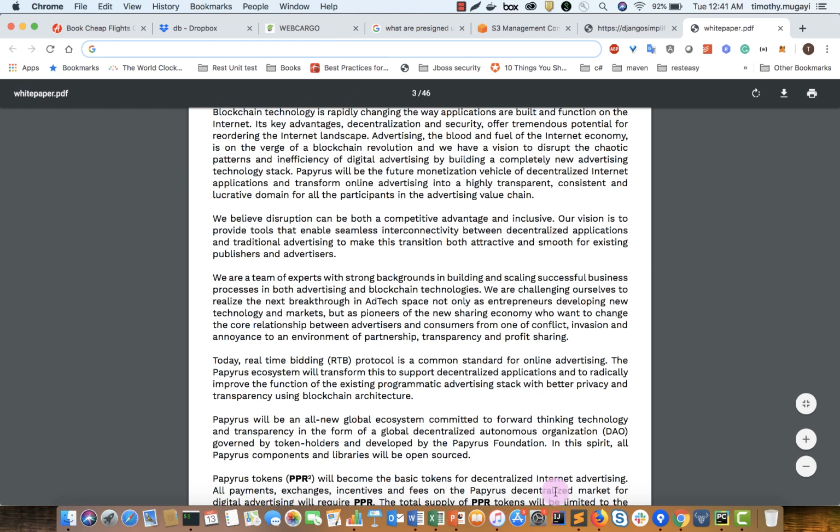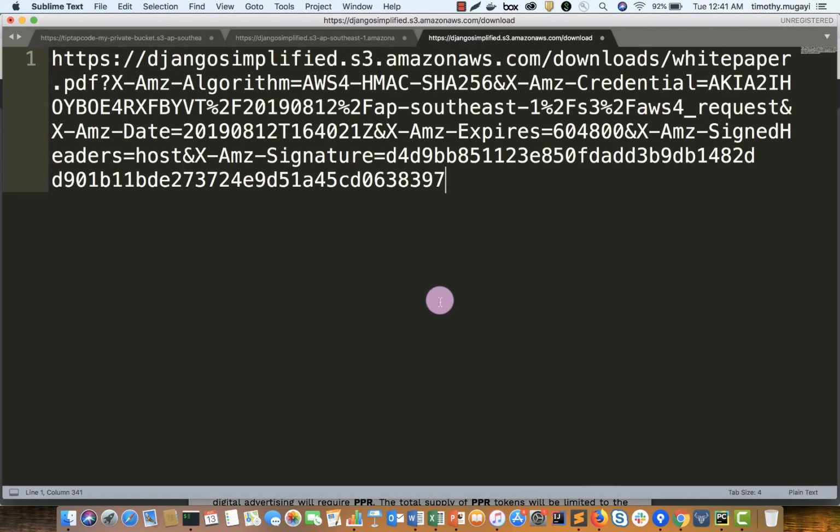So I'm going to open this up in Sublime and paste it inside here. You'll notice the signed URL is very long. A signed URL actually contains a couple of things. We have the algorithm that is used, SHA-256, which is used to hash out this link